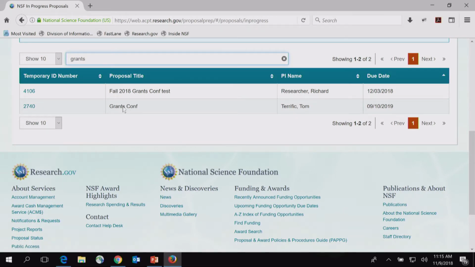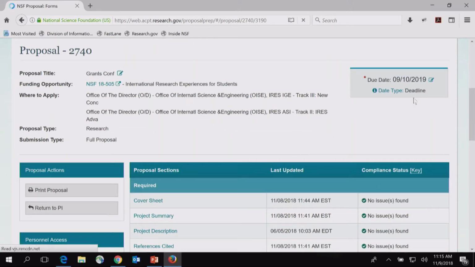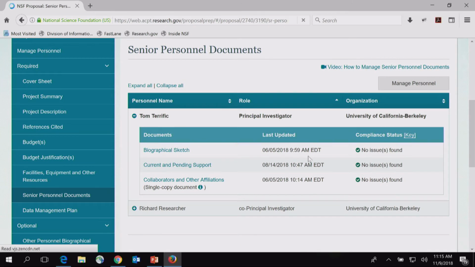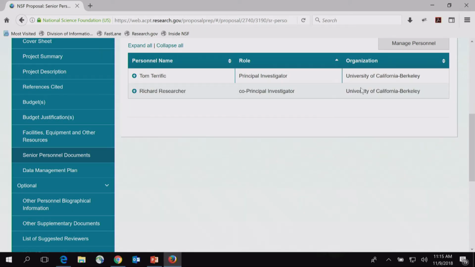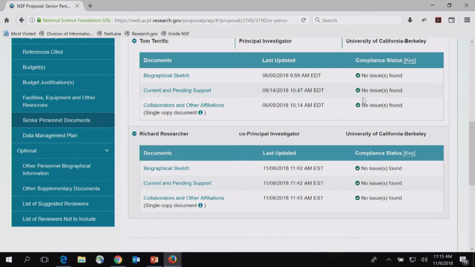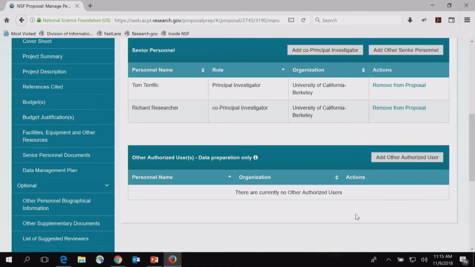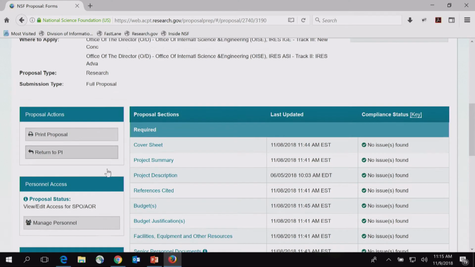So I made this other proposal earlier, so we'd have one that we can look at to see what it's like when it's compliant. Here on my screen I now have all green check marks. Every single section has been filled out. I go even into my senior personnel and double check. I can expand all if I want. It's a nice collapse all if you want to view everyone, expand all if you want to scroll down the screen really quick and look for which one might have an error. There's also a link over to manage if I forgot to add somebody or I need to remove someone. But it looks like everything's good. So the last thing I would need to do,